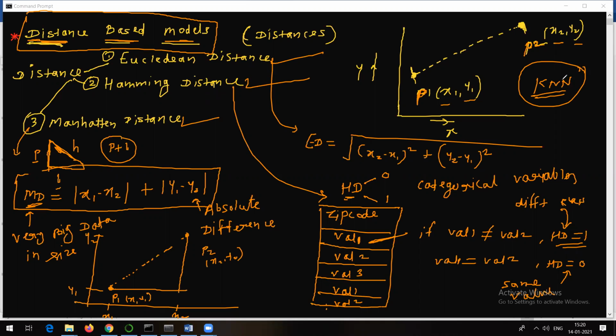And believe me, KNN is the best algorithm. It has been seen that KNN is the best algorithm for classification. Whenever there are problems to be solved for classification, KNN is always the first choice in most of the cases. Obviously, it will depend on data set also. I will not say all the time KNN is going to give a higher accuracy, but it has been seen that in most of the cases, KNN is going to give you good accuracy for classification types of problems, right?